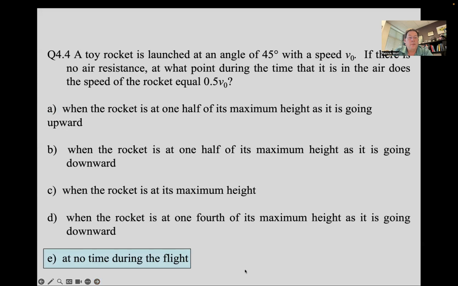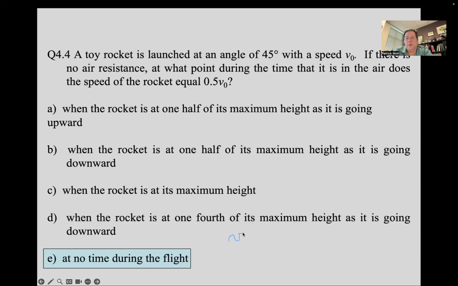All right. It is, well, you might get mad. There is no time during the flight. Not really a trick question. It's a question about, do you understand projectile motion? The horizontal speed that the toy rocket has is constant because there is no acceleration left, right. That means that the initial horizontal launch speed,